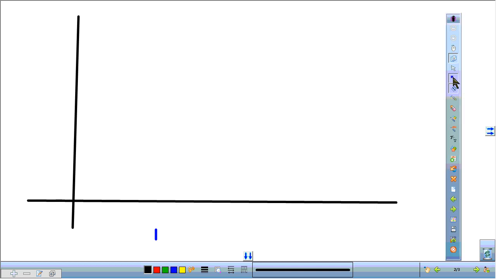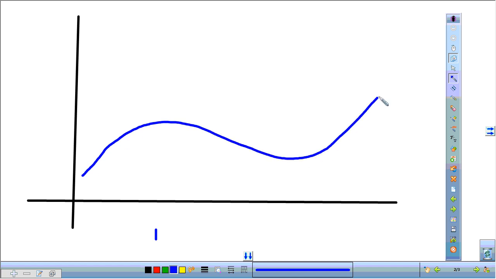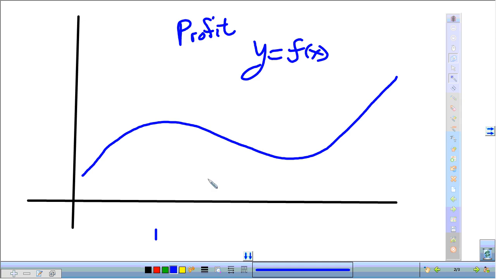So let's look at a possible curve here. Y equal f of x. And suppose this is profit. These kinds of curves are visually taken maybe into boardrooms. Here's our profit. And so we see things that